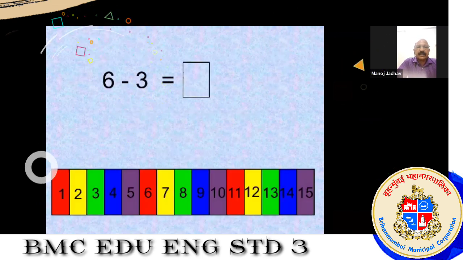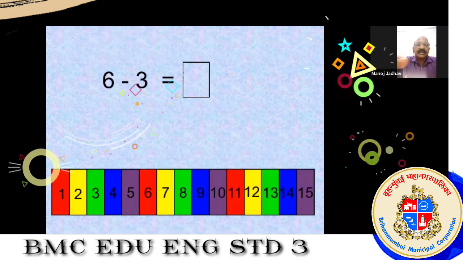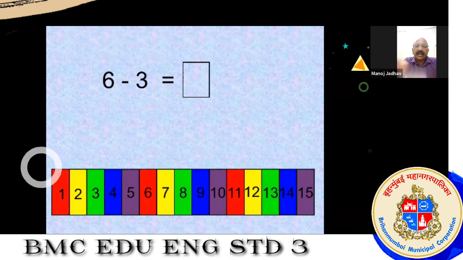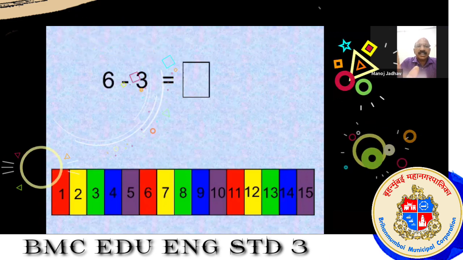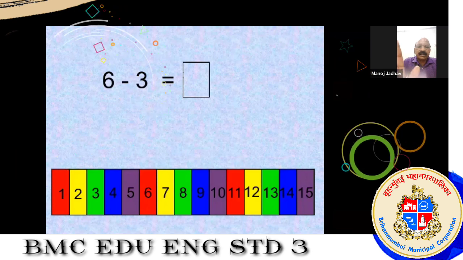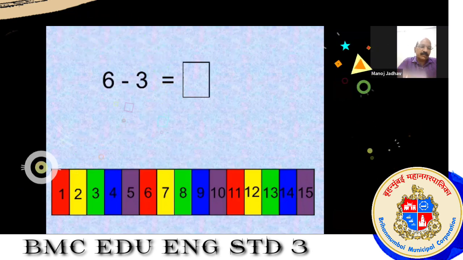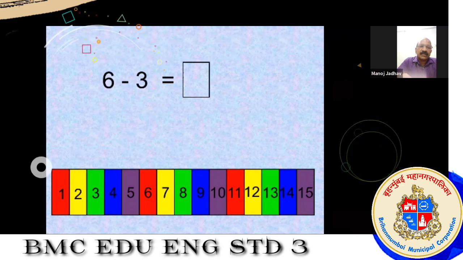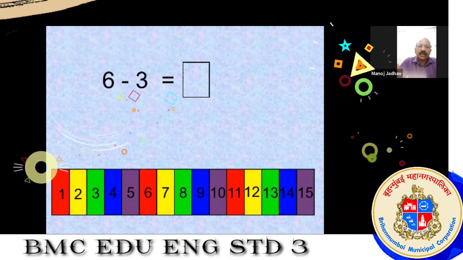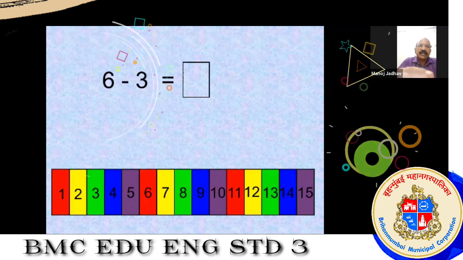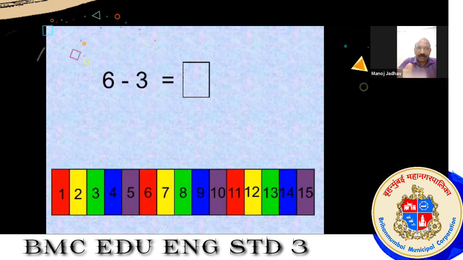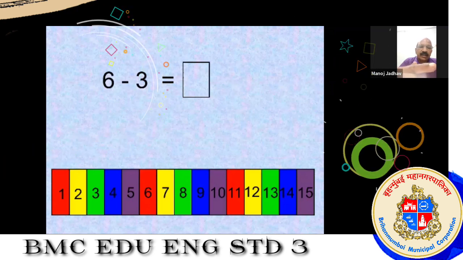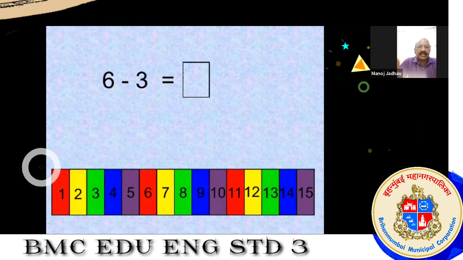Now see the next screen. Here we can see 6 minus 3, then the equal to sign and one box. Now this is a very simple subtraction, and we have all done this in our first standard or even in our junior class. But what subtraction exactly is, that concept we are going to learn today. Suppose there is a ladder or staircase. For example, addition means we are climbing up on that staircase. Subtraction means we are coming down from that staircase.